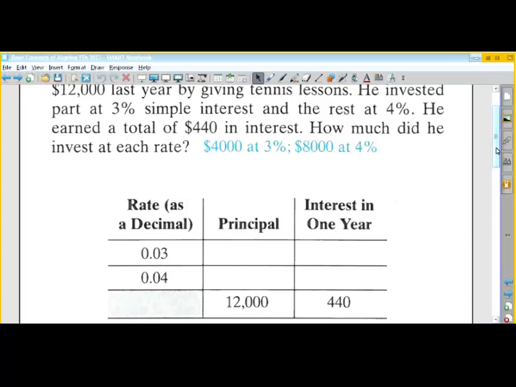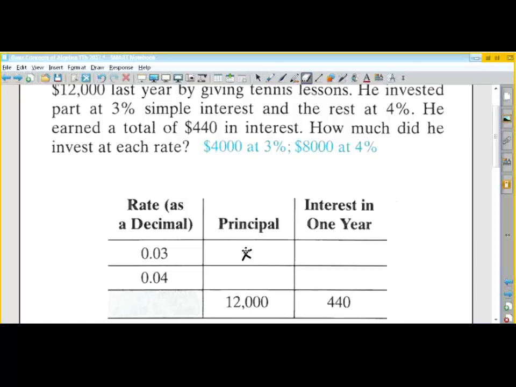So we have to decide what is the variable, and it says how much did they invest at each rate. So you might be tempted to say, okay, I'm going to say the amount invested at 3% is X, and the amount invested at 4% is Y. And then you can calculate the interest by multiplying the interest rate times the principal to get the amount of interest. And we could do that. There's actually an easier way,